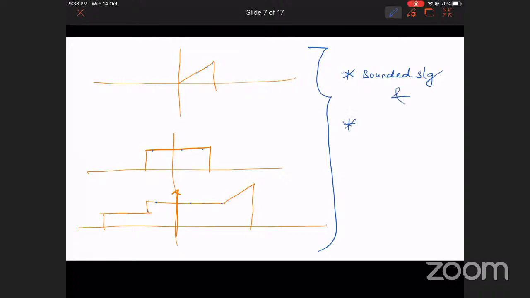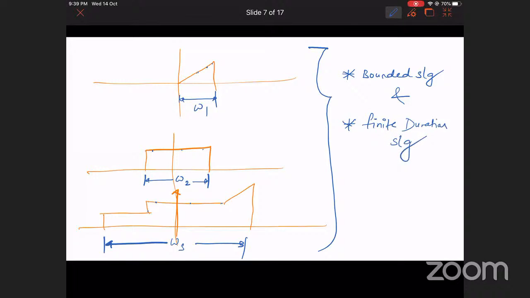And now if you look at the width, पहला जो सिग्नल है उसका, let's say, ड्यूरेशन है W1, जो दूसरा सिग्नल है इसका विड्थ है W2, और ये जो तीसरा सिग्नल है इसका मान लीजिए विड्थ है W3। तो W1, W2, W3 डेफिनेटली वैल्यूज में अलग अलग हैं, लेकिन वापस तीनों में ये चीज कॉमन है कि विड्थ for all three signals is finite in nature. तो मैं इसको कह सकता हूं कि these are finite duration signals. और आपको पता है जब भी सिग्नल बाउंडेड सिग्नल है as well as फाइनाइट ड्यूरेशन सिग्नल है तो ऐसे सिग्नल को हम कहते हैं एनर्जी सिग्नल।